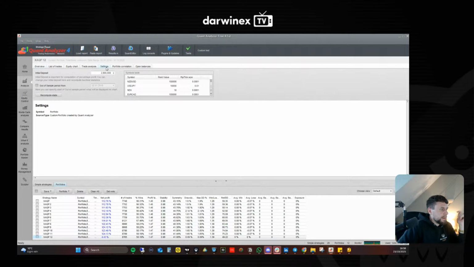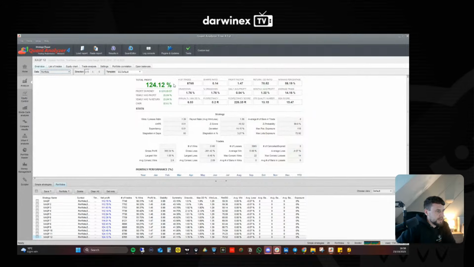So we're going to come in here, change the initial balance to 100,000 because that's what I run the portfolio on. And see 124.12% return. So it's pretty much made no difference by changing the dollar yen strategy. Although it's made things a little bit more robust, it's actually increased the drawdown, which is interesting. I would presume there's been a time when the dollar yen inside day doubled up on a position and that hedged against some drawdown of another strategy potentially.